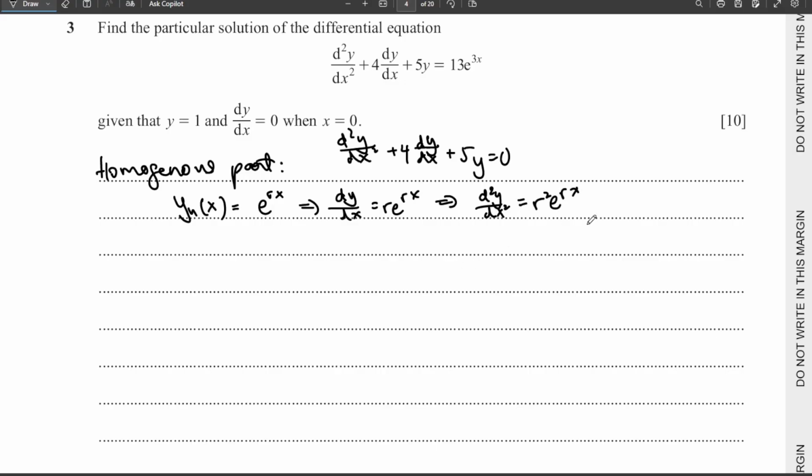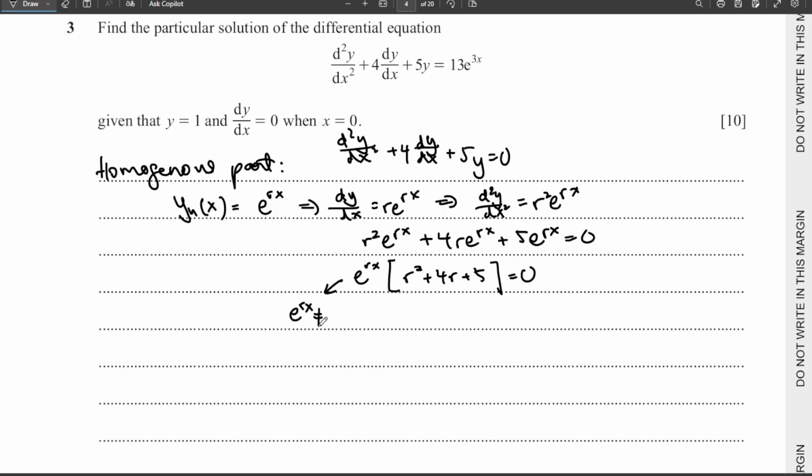Okay, so we substitute this back into the differential equation. We get this. Each of the terms has a common factor of the exponential, so we can factor this out and we are left with a quadratic in terms of r, which we call an auxiliary equation. We should know that the exponential function will never equal 0. It will tend to 0, it will go very close to 0, but it will never actually equal 0. So that does not give us any solution. The only solution is from this auxiliary equation,